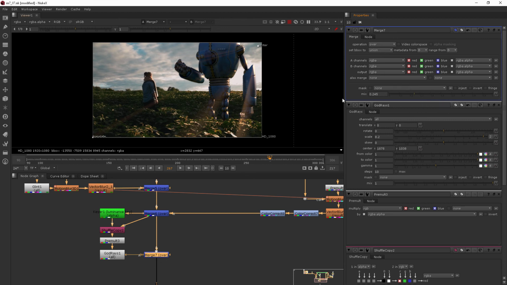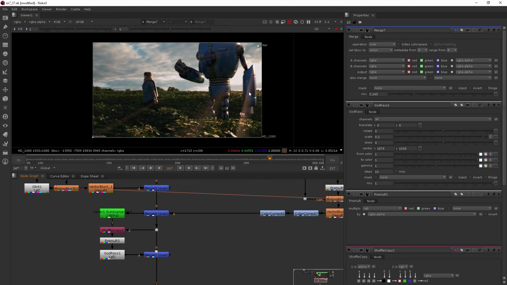Now, just to tidy things up, it's actually a little bit better practice for me to come in here, hold down Control, and add a dot node between these two merge nodes, and then take my shuffle copy number 2 pipe and plug it into that dot. This gives us just a little bit more organized flow. It's still giving us the same information flow, it's just more organized now. So now the RGB data coming in from here, alpha from here, pre-multiplied, and then voila, God rays are created